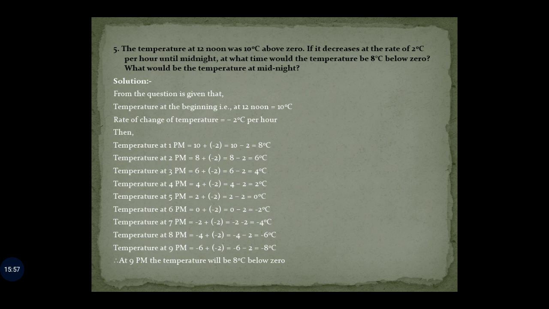Temperature at 6 pm is 0 minus 2 gives you minus 2. Temperature at 7 pm is minus 2 minus 2 gives you minus 4. Temperature at 8 pm is minus 4 minus 2 gives you minus 6. Temperature at 9 pm is minus 6 minus 2 gives you minus 8. Therefore, at 9 pm the temperature will be 8 degrees Celsius below zero. So minus 8 degrees is the answer, but we are writing it as 8 degrees because we are mentioning below